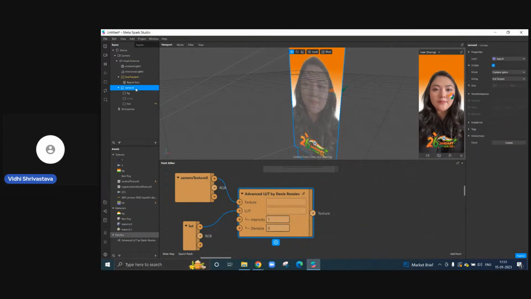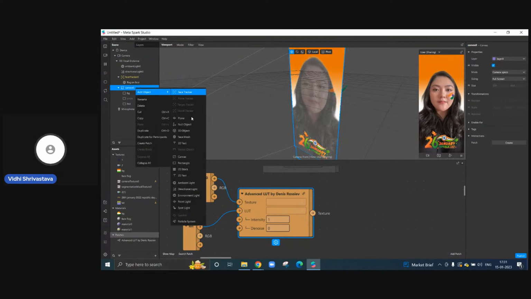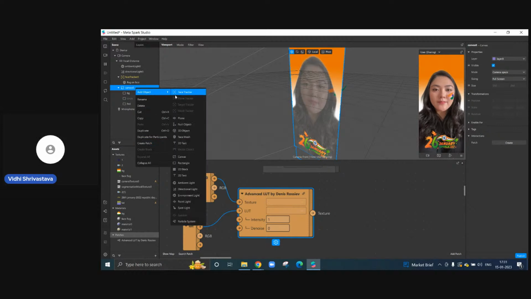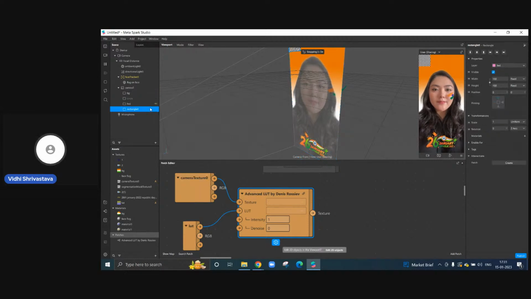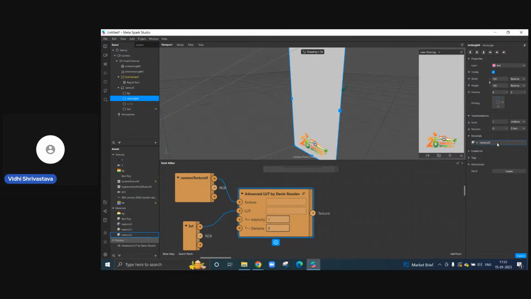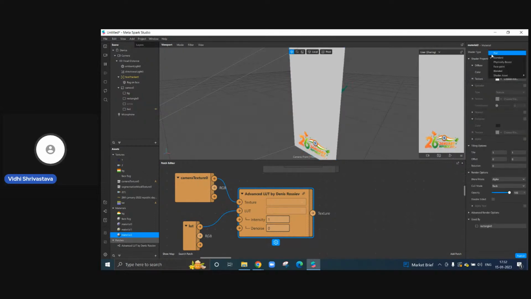So make sure you add a rectangle over here, and this is for the background, right? So we have a rectangle over here. Make sure its width and height are filled. Then we'll add a material to it,